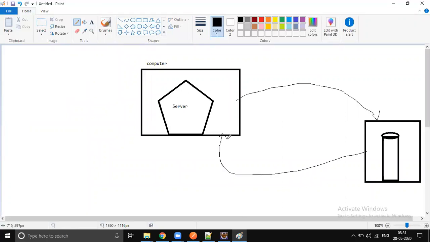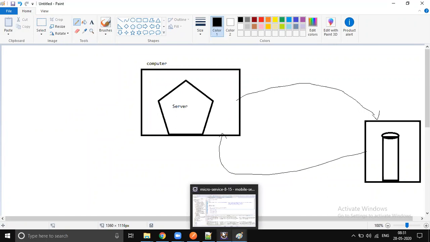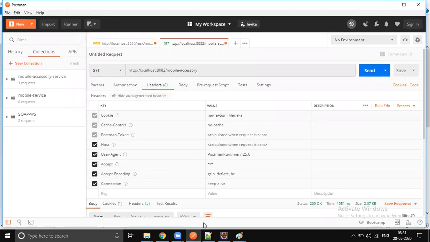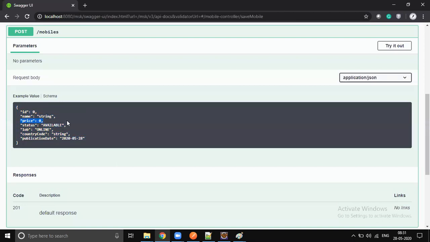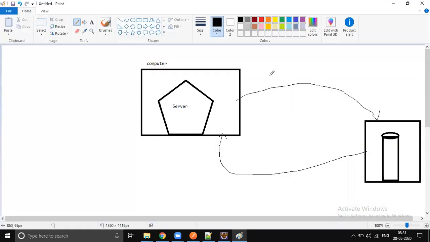So let's not do unwanted calls. If the price is zero, or the name is not sent in the request, or the status is not available, or some junk data, or the LOB is empty or some junk string, then we're not supposed to do this call. We should avoid it. Sending a request over the network is costly, so let's not do that for basic validations. If the client is sending a wrong value, price is zero or a negative value, for those kinds of things we're not supposed to make the service call.